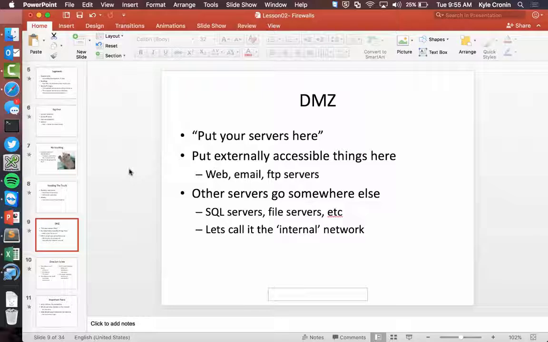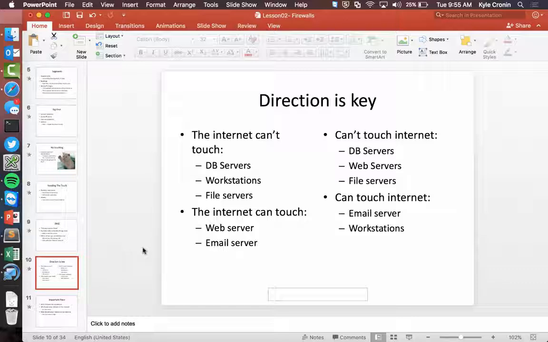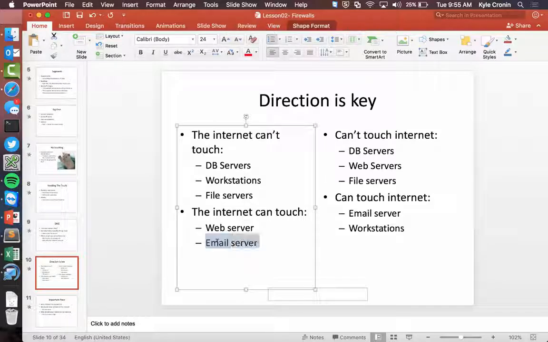So, context of firewalls. The direction is really, really important. We don't want the internet to ever initiate touching with database servers, workstations, stuff like that. We need to let it touch an email server, web server. But on the flip side,